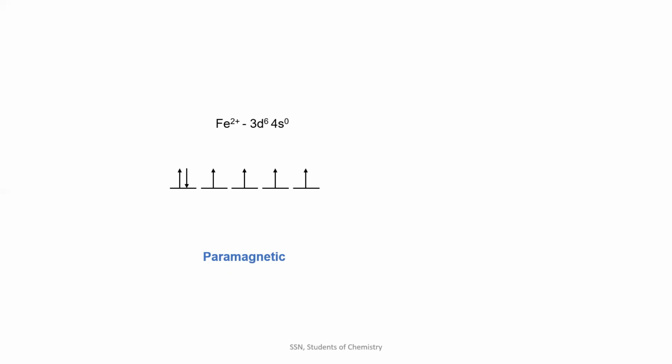When oxygen comes into play, oxygen has an electronic configuration of 2s2 2p4, and this is the manner in which the electrons will be filled in the p orbitals of oxygen. So these 4 valence electrons will covalently bond with the iron 2+ to pair up all the 4 unpaired electrons. Not a coordinate bond, it is a covalent bond.